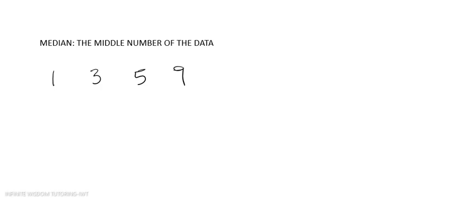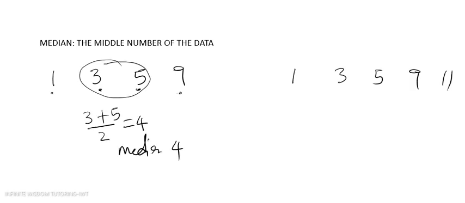My median being 4, if my data was 1, 3, 5, 9, and 11, which is having an odd total number, because there is 1, 2, 3, 4, 5 numbers. Having 5 numbers compared to having 4 numbers, which is an even number, we will be finding the middle number in this way. We will count